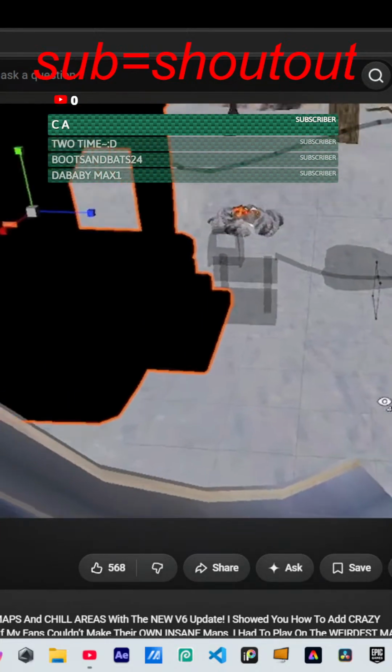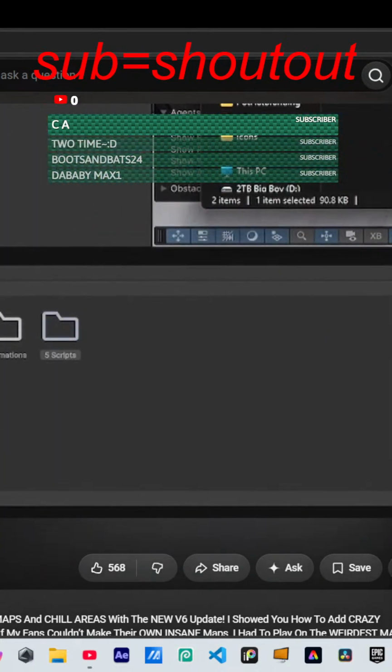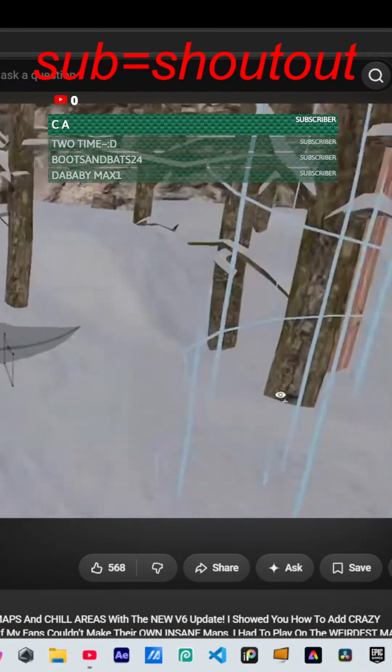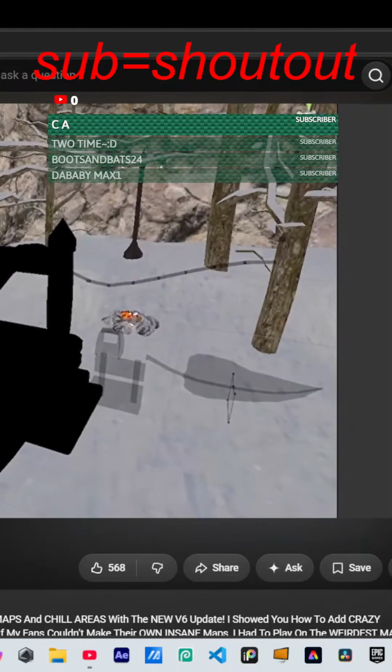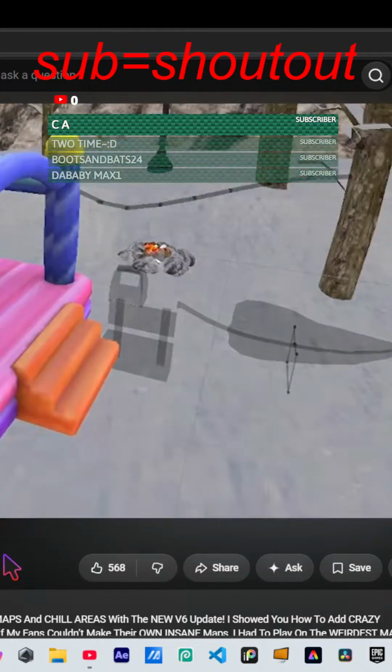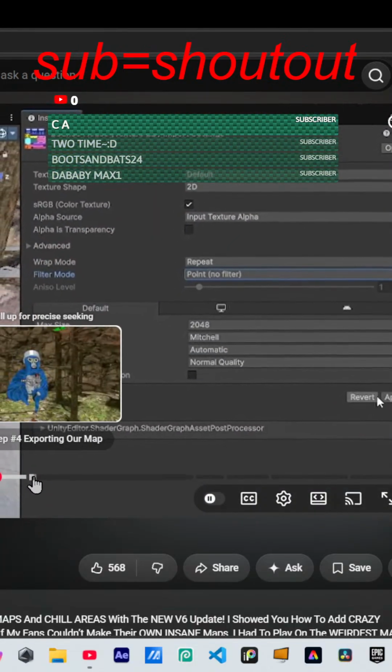into your Unity scene. And this is the same thing for textures or images. You can just drag and drop that texture into the folders in Unity and then drag and drop that texture onto one of your models in your scene. And if you want that texture to look really good, you can click on it in the files and make it point no filter. This will make your textures look